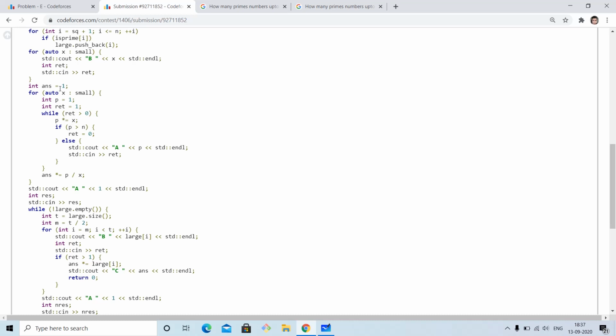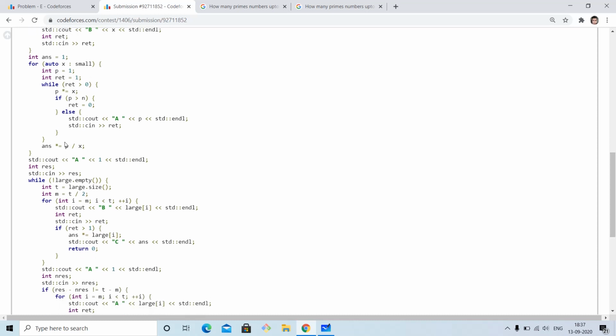First of all, we will multiply this by the prime factor. If it is greater than 1, we will return 0, because it cannot have a factor which is greater than n, since x is itself from 1 to n. Otherwise, if A gives us 1, then we will multiply it again by x till we find all the factors corresponding to this x. Similarly for all the small prime numbers, and then up to this point the answer is multiplied by p by x. Why p by x? Because p into x violates this condition, but p by x will not, because p by x will be the one which is satisfied earlier in this loop.